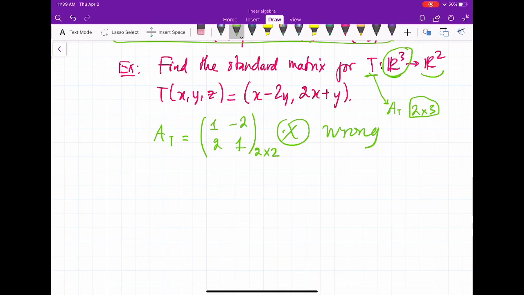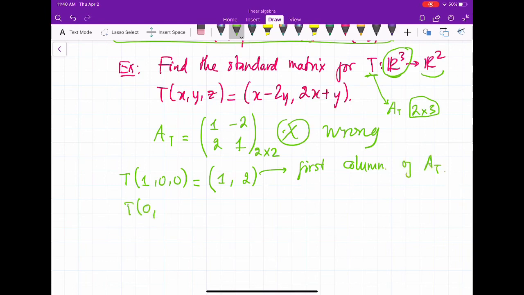So my T(1, 0, 0) is what? That is 1 and 2. So this is the first column of A_T. I apply (0, 1, 0). I will get negative 2, 1. This is the second column